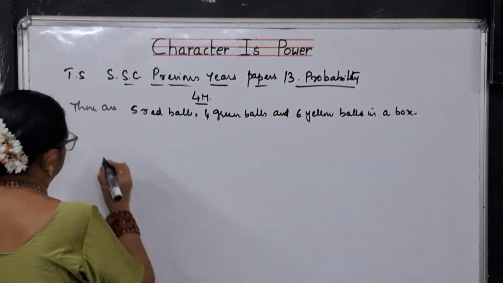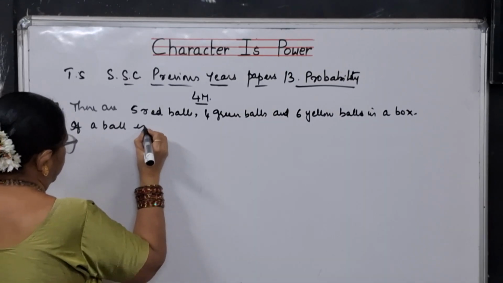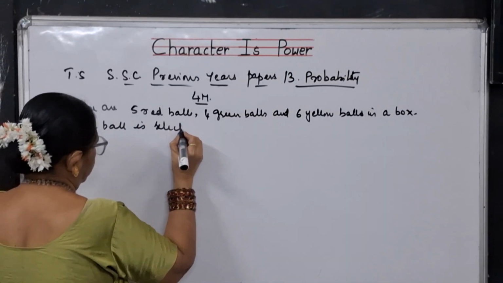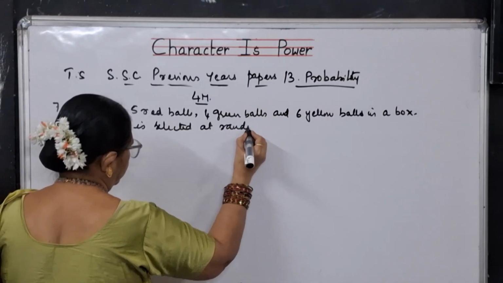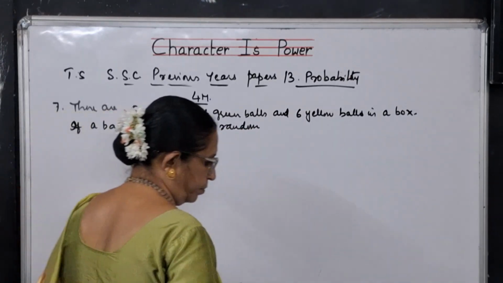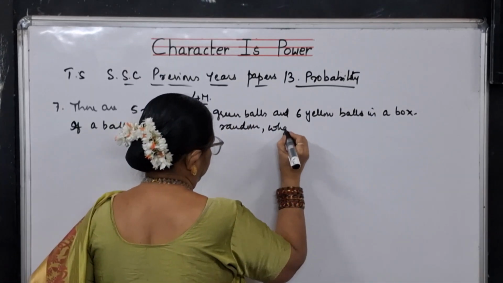If a ball is selected at random, what is the probability of getting